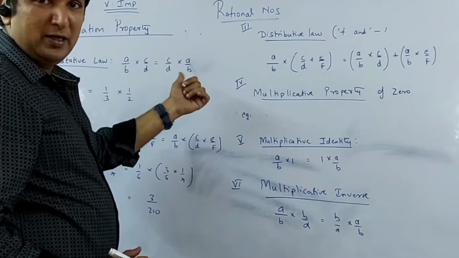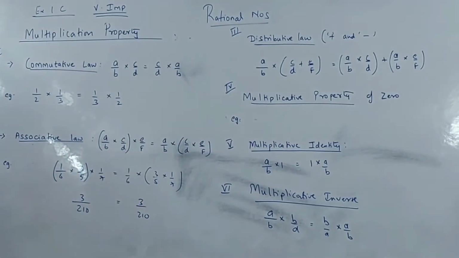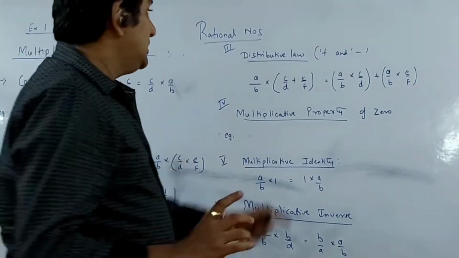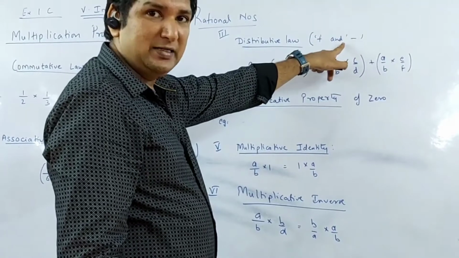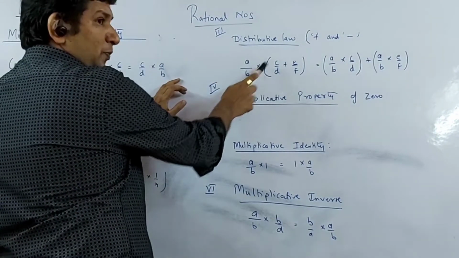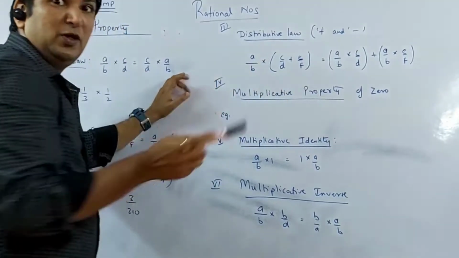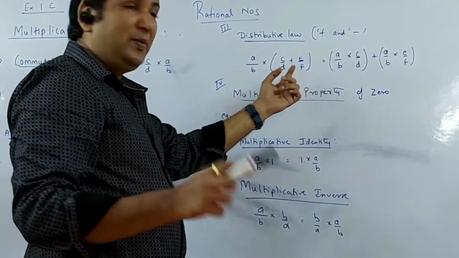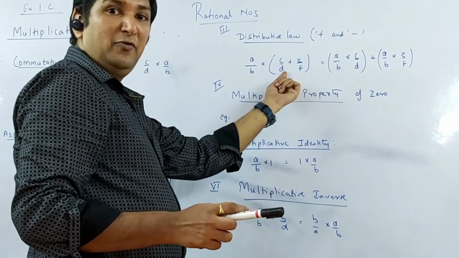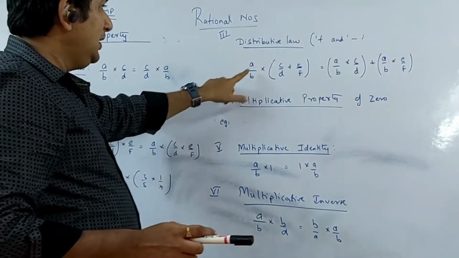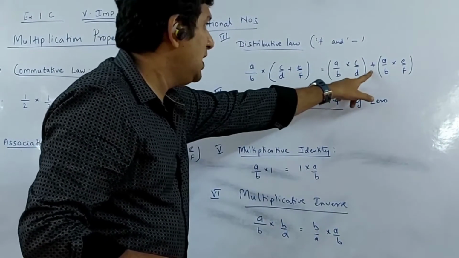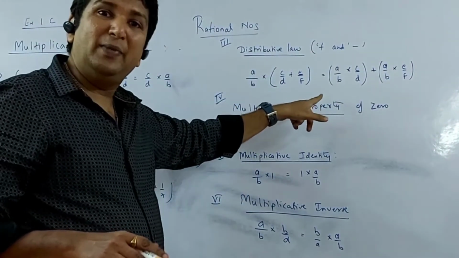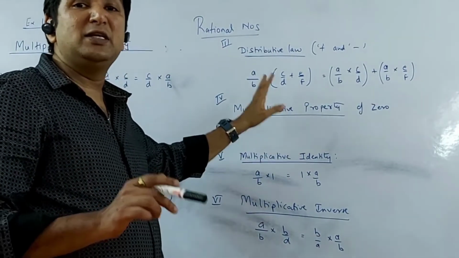Same with respect to this, now we have distributive law. Distributive means what? To use distributive law, there has to be plus or minus within the bracket. That means in the bracket there will be either plus or minus sign. You can check over here: A upon B into bracket C upon D plus E upon F. I have explained this earlier also. This now is not a monomial, it's a binomial. That means each term I have to multiply with the number which is outside the bracket. So A upon B into C upon D plus A upon B into E upon F. That means I am distributing into the one which is inside the bracket only because it is a binomial. That means there is plus or minus.